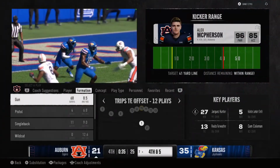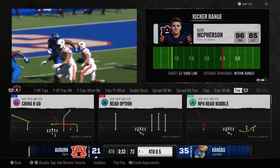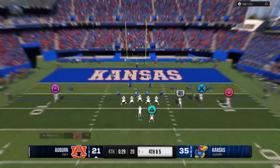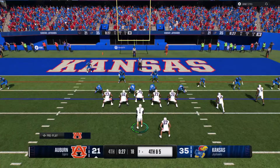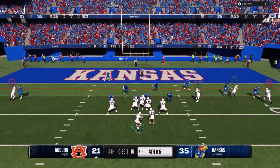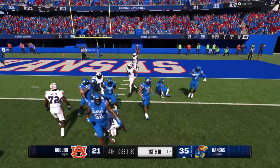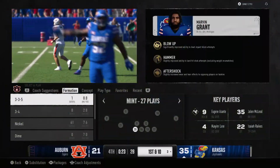Keep the foot on the pedal if you're on offense here. You got that yardage. Yeah, you didn't get the first down, but you've set yourself up now to go for it here and keep this drive alive. Down by multiple possessions, you can't come up empty on this drive. They'll go for it on 4th down. They stop him short of the marker, and they'll turn it over on